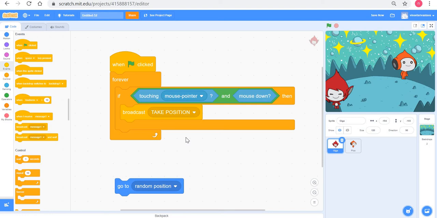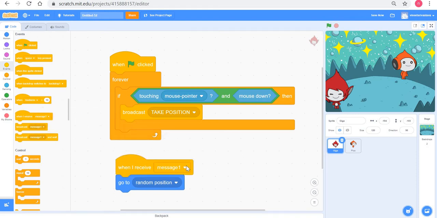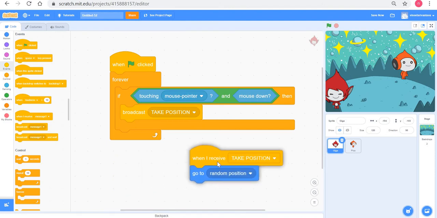Okay. Now remember, broadcast is never complete with just broadcast alone. I must also tell everybody what to do when they receive this take position. In case of Giga, Giga will say, and Giga will also hear. So I will say, when I receive take position, go to a random position.